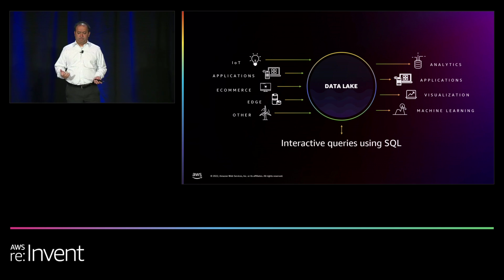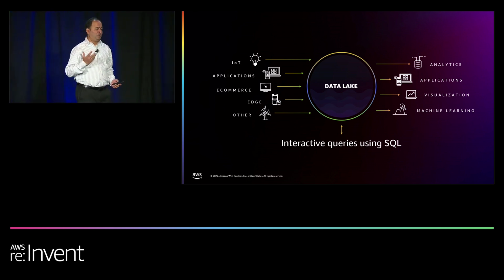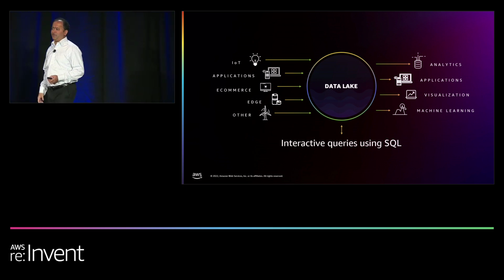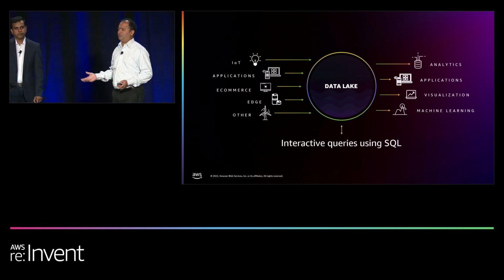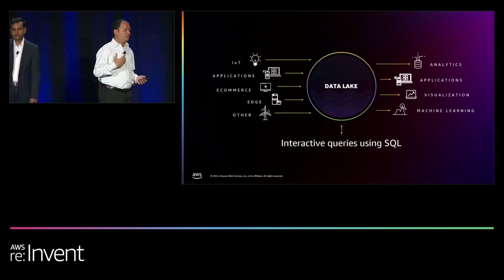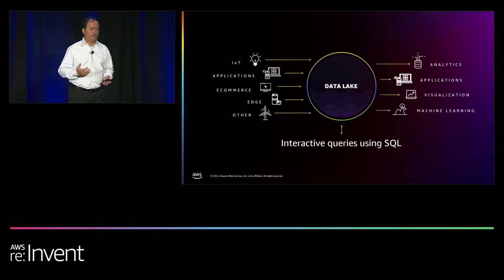If you look at modern applications, you are going to generate a lot of data. You generate terabytes, petabytes of data that you put into a data lake. Now, this data itself can come from IoT, it can come from applications, it can come from e-commerce. You typically put this in a data lake and then you run analytics workloads, machine learning workloads, run your business applications on top of it. Before you do that, you typically run interactive SQL queries to work with the data to see what kind of data you have.